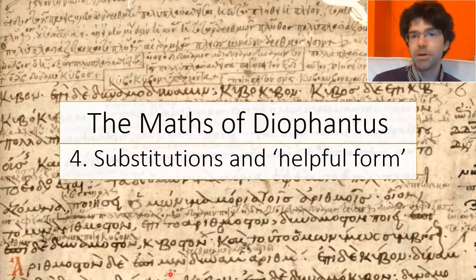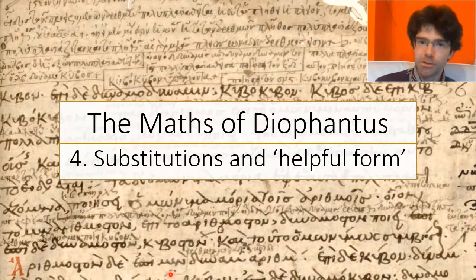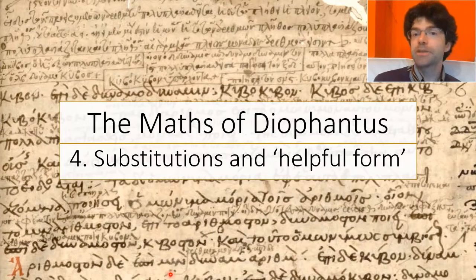As I explained in part 2 of this series, very often there are an infinite number of potential solutions, and Diophantus' challenge is just to find any one that involves distinct positive rationals. So, unlike modern algebra, which likes to keep things as general as possible, Diophantus' basic trick in these cases is to make very specific substitutions that reduce the problem to an easily solvable format. And it's really designing these substitutions that is the art of Diophantus' maths.